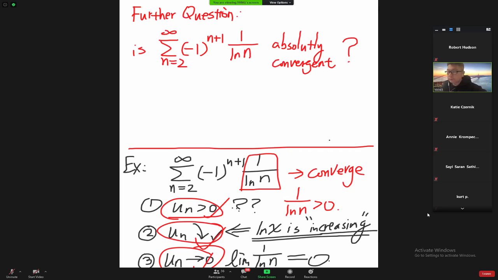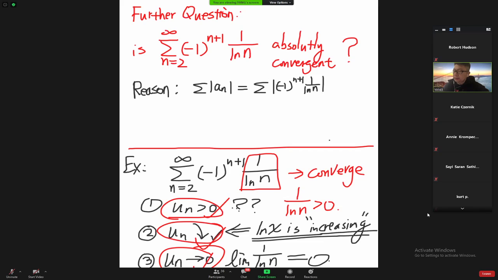Someone told me no, then why? Let's look at this. Absolute convergence, we know its meaning, right? It means that this one, with absolute value, converges. So for this one, we put absolute value on everything,